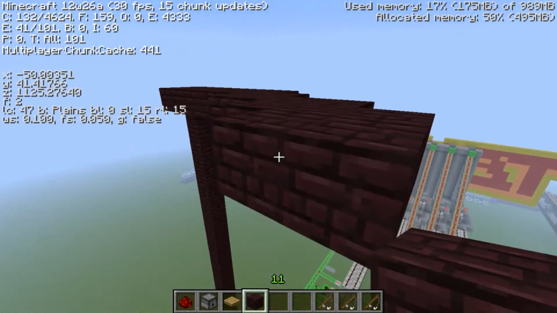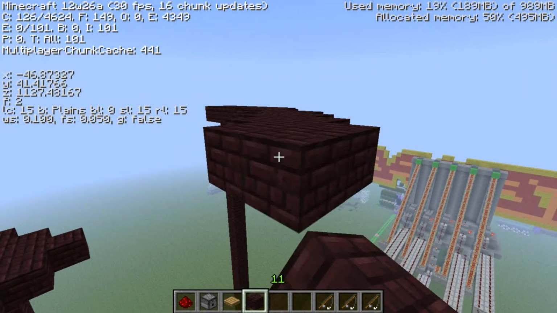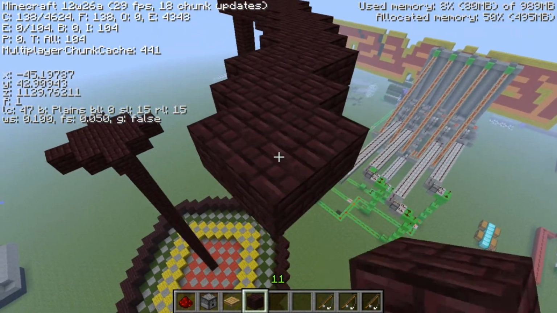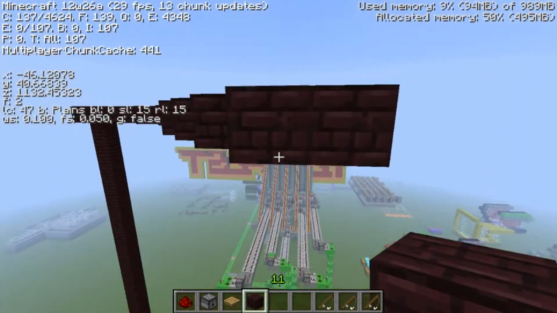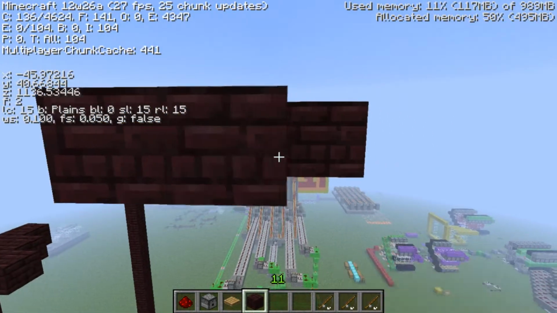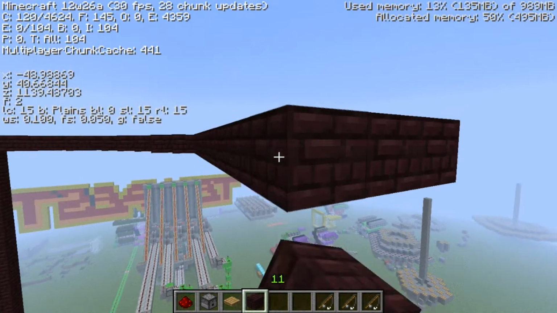And it's also a good idea to have up here your dispenser for your fishing rods, which you basically use to throw the testificates. And you want to have this platform be fairly wide, because your distance from the mob you've caught,